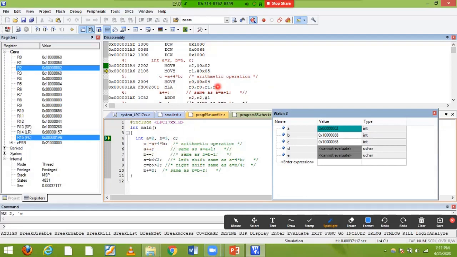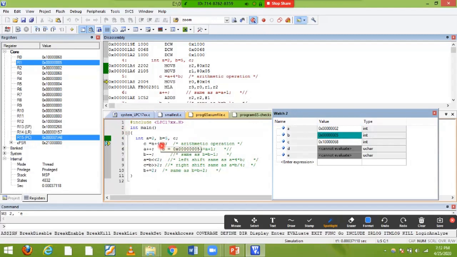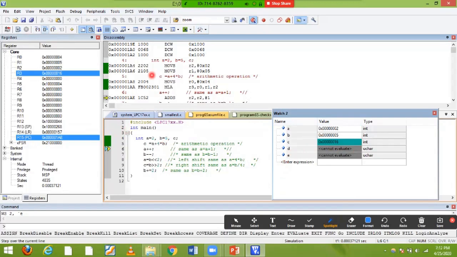C is what we are going to take on R3, and we are going to store the result there. Okay, next instruction we'll see on that. After the operation, what value will we get? 4 into B, where the B value is 5, is 20, plus 2. So I'll take the B value, and see what the C value is now. You can see here in the register window the C value. It is not stored yet. Once you execute it, you'll get 16.